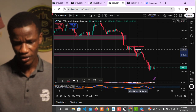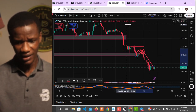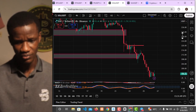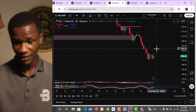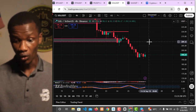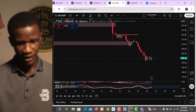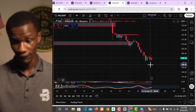Market just moved a little bit into this area and then began to come back down. And this move was very, very significant. If you expand the chart a little bit, you see that it is very, very significant right here. Okay, so right now, of course, retracement, no doubt, retracement is going to come in on this very price action. In my opinion, market should retrace from here, this price level of